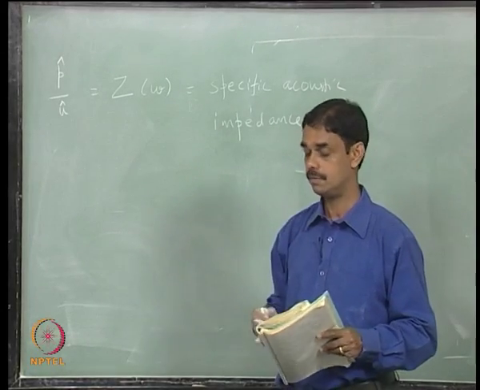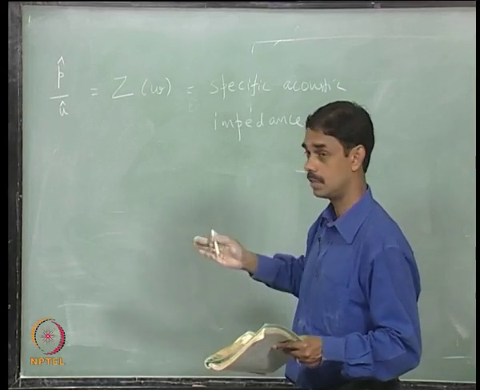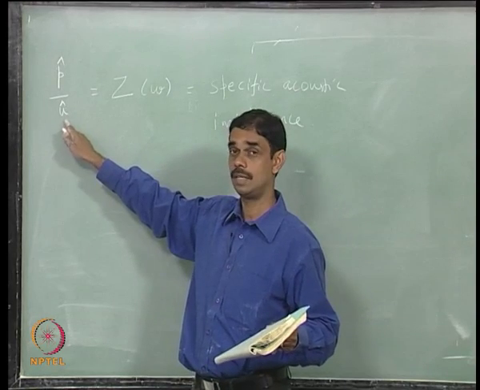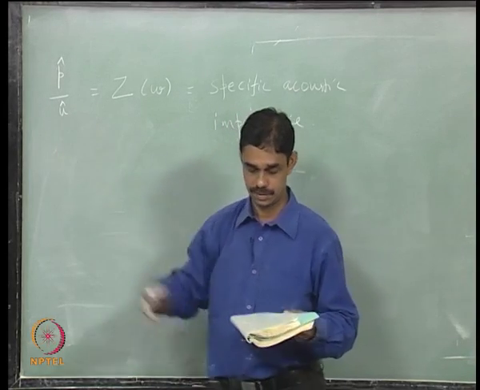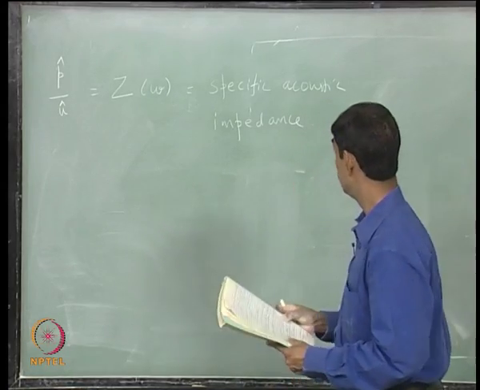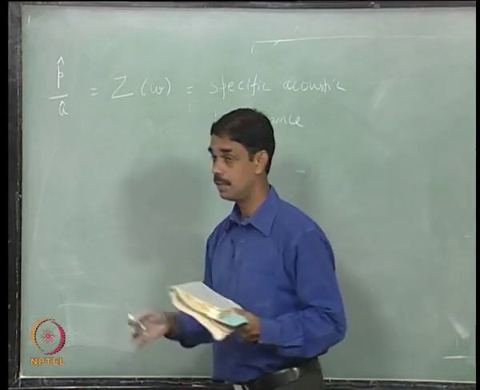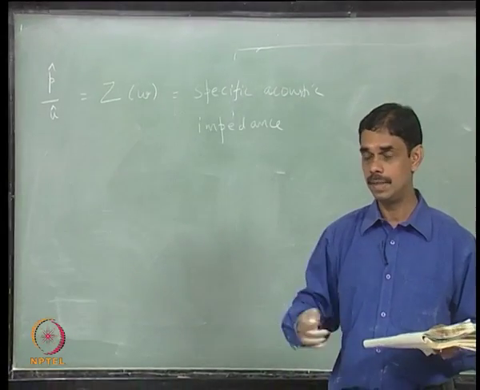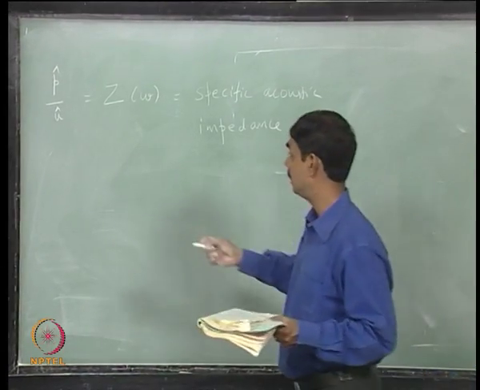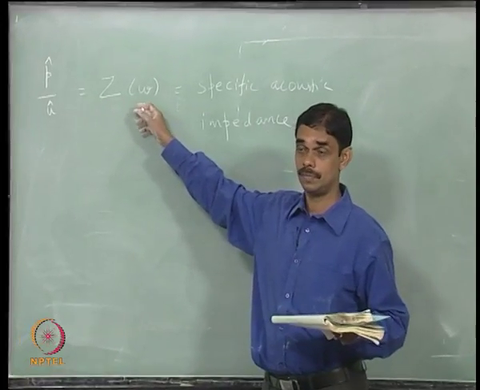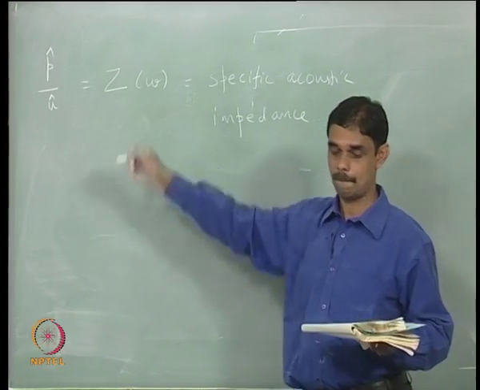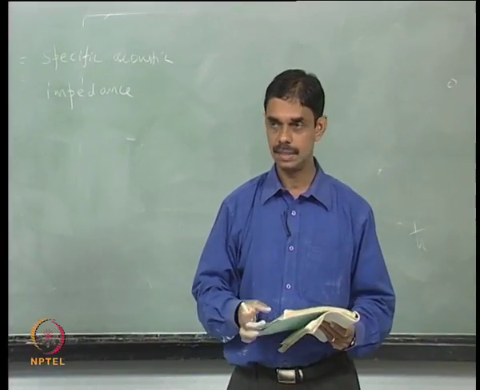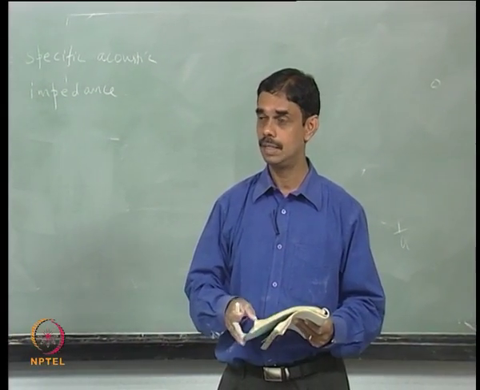And it is written at the interface. So in case you are talking about some interface, if the velocity is not one dimensional, then this actually amounts to the velocity which is normal to the interface. And in general, waves of different frequencies behave differently at the interface, which is why this coefficient Z is a function of omega, and I wish to emphasize that this is different from the characteristic